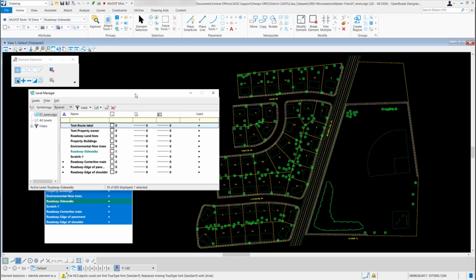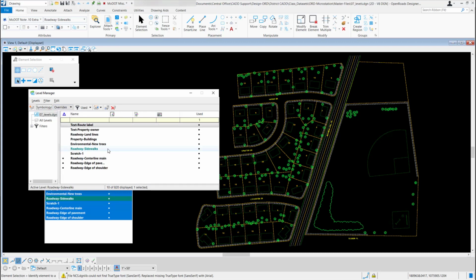dialog. Basically, what we use the Level Manager for here at MoDOT, if we're creating a display and we need to change some of the default colors so they'll show up on a print better, if we want to print something in color, you can use this Level Manager to override some of the colors on your drawing without actually changing your original colors, and we can do this by using color overrides. So the first thing you need to do is come in here, and where it says by level, change this to overrides. Then down below here we have a list of all of our levels.